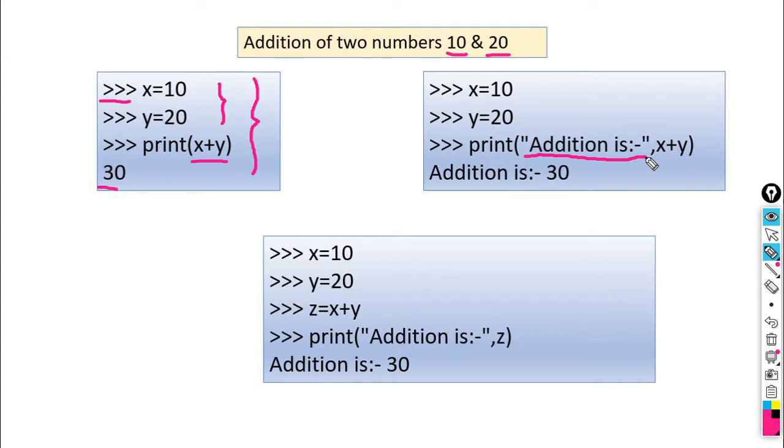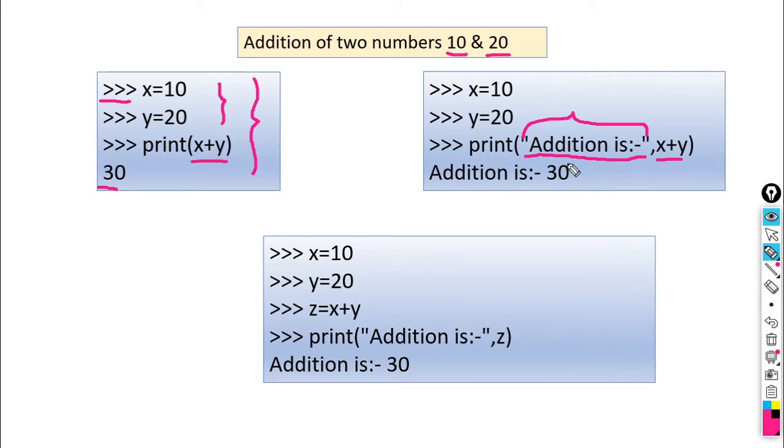We can combine text with a mathematical expression. This text is enclosed within quotation marks, so it will be printed as it is, then comma, and the mathematical expression x plus y.